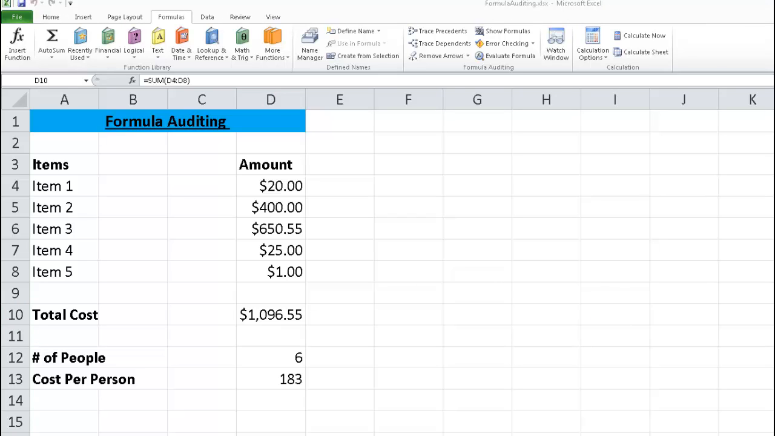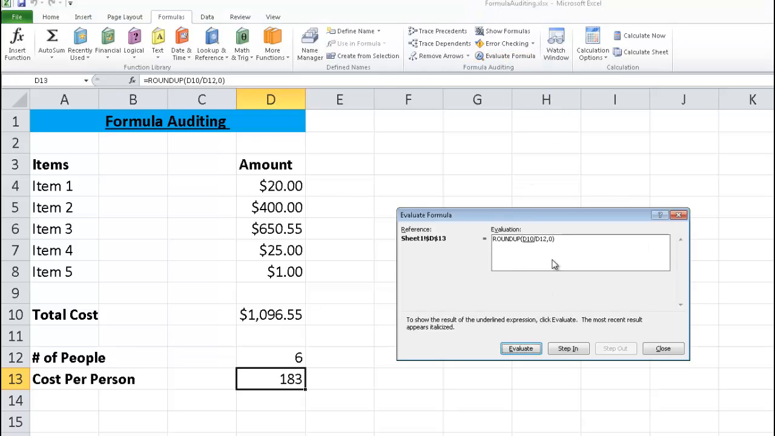And finally, we have our Evaluate Formula tool. This tool is used to debug the formula, and it will evaluate each part of the formula individually. So, for instance, if we selected the cost per person down here, and we selected Evaluate Formula, it will first show us the formula that was used to calculate, and it will then go step by step to show us the process. So when we click Evaluate, it inputs the first number,